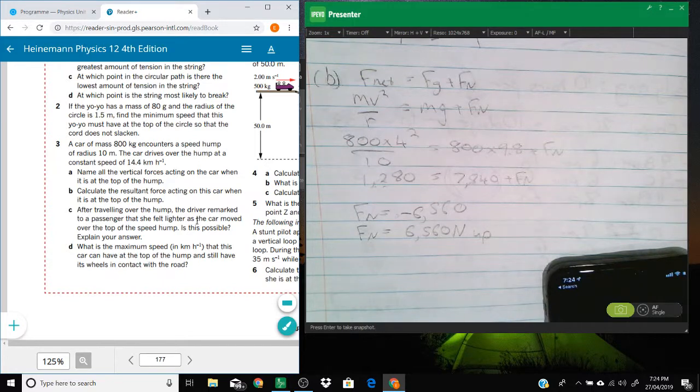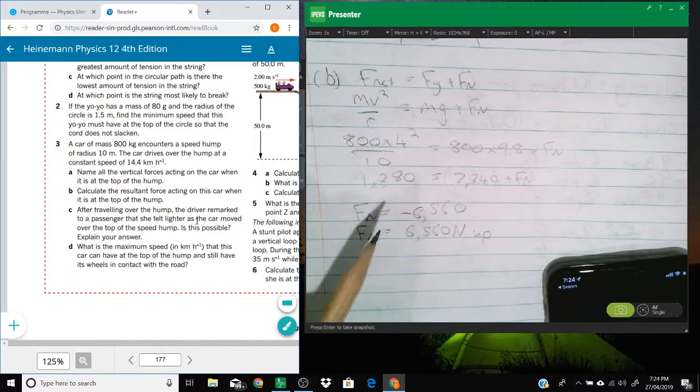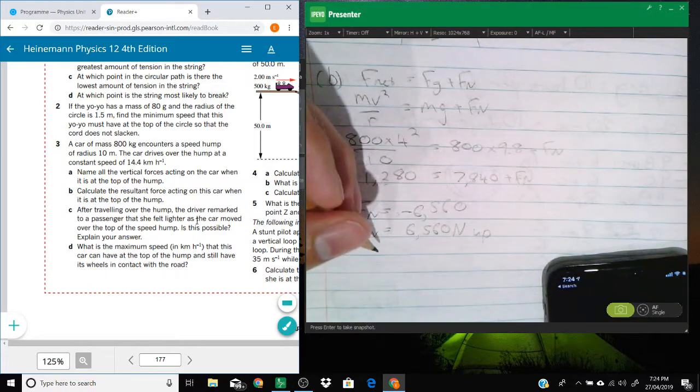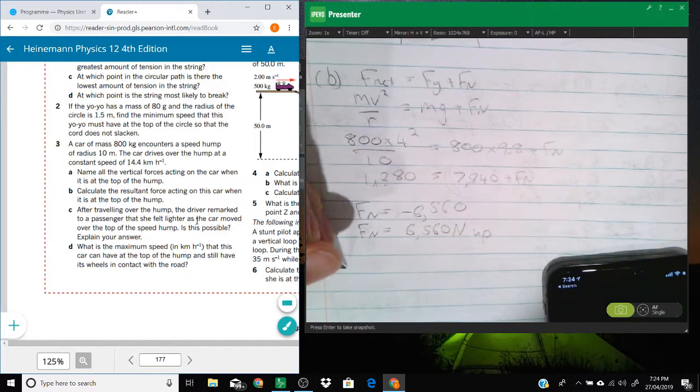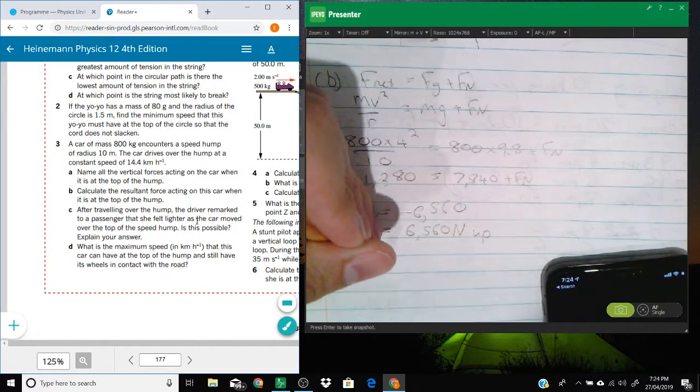I just explained it. All right, part D. What is the maximum speed in kilometers per hour that the car could have at the top of a hump and still have its wheels in contact with the road? Well, basically when the normal force equals 0. So let's have a look at that. Let's just go back to this equation. All right, we'll have mv